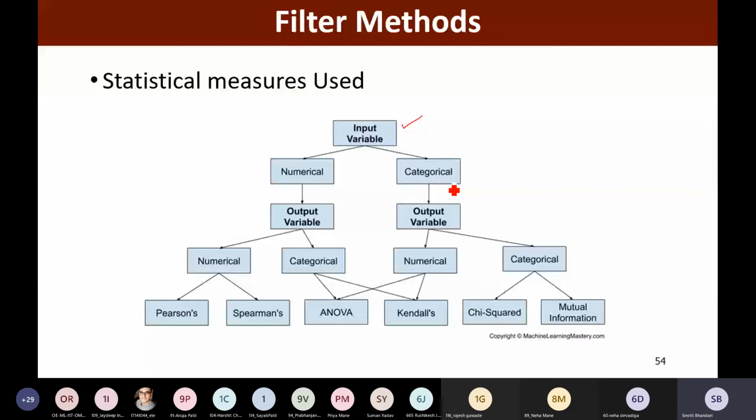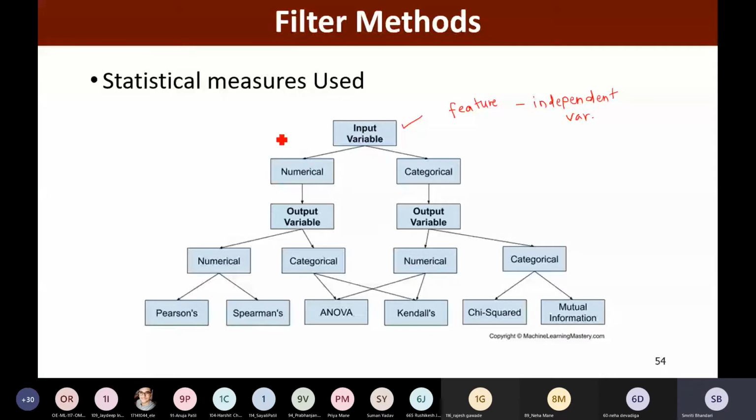What we mean by that? The input variable is actually a feature, that is the independent variable. So this feature or independent variable may have a numerical value or it may have a categorical value.